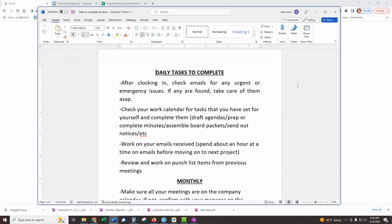And also, use Boomerang. It's a wonderful option in Gmail. So if you come across an email that you've replied to, like to a vendor asking them for information, and you're waiting for them to reply back, boomerang that email back for the next day or even 2 days later. So that in a couple of days, if you haven't heard from that vendor or manager or homeowner, you can contact them again and just say,